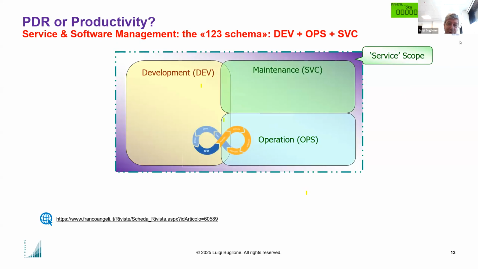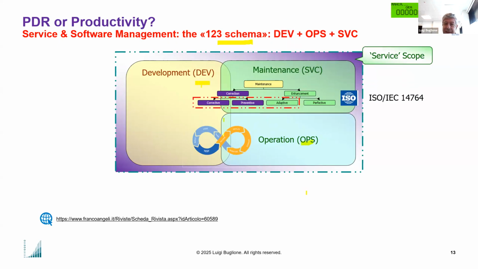So if you are service managers and you are familiar with ITIL or other service management methodologies, these are the three moments in time we call the 1, 2, 3 schema, because DevOps in reality is about making the information closer and closer between the dev and the ops people. Of course, maintenance is the third kind of sub-project in the scope of a whole service lasting more years, because according to this ISO standard about maintenance, recently updated with a fifth category here in the middle about additive maintenance,